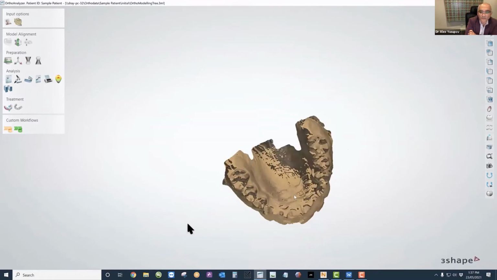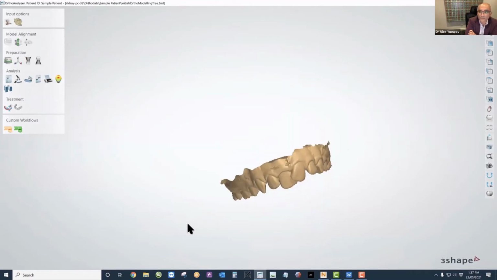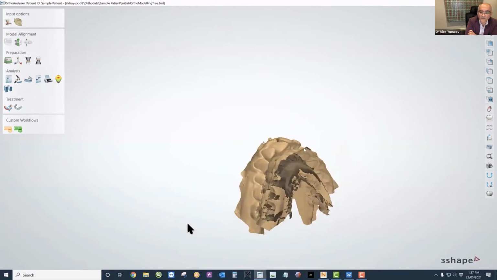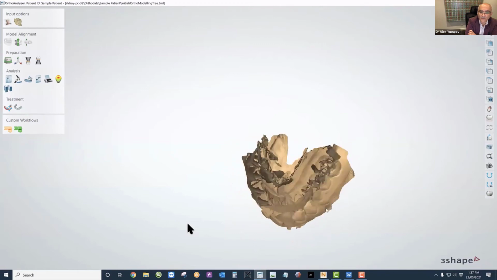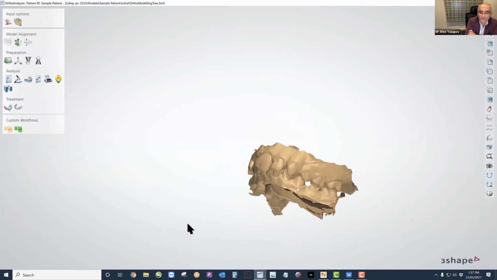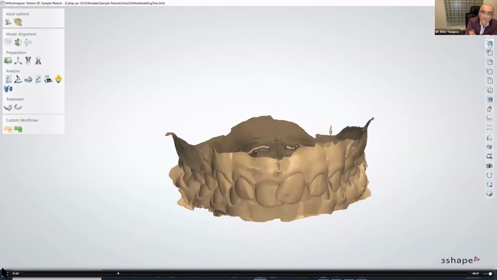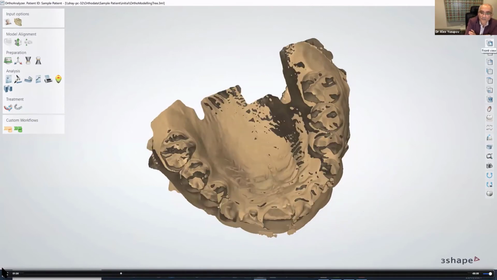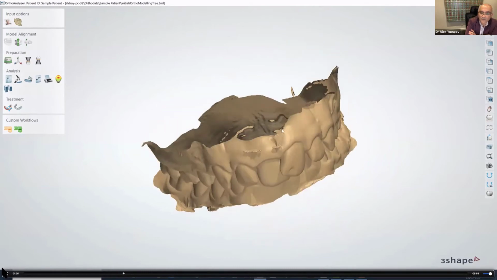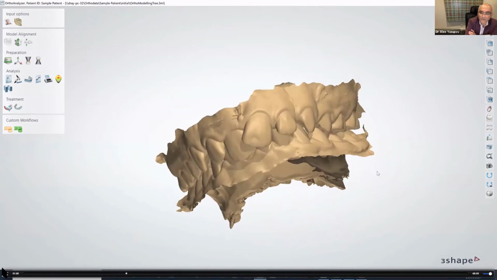Now, once these have been loaded, if we can't see the lower model, we just retoggle it, and there it is. We can see that these models are raw, they're not finished, they've got these jagged edges, and while they are registered to themselves, they're not really registered to the frontal view, for example. This is not the front view, this is a view that's from the top and it's skewed. So at this point, we are just going to save these models, save the session for this patient, and once we've done that, we're going to go back to this patient,